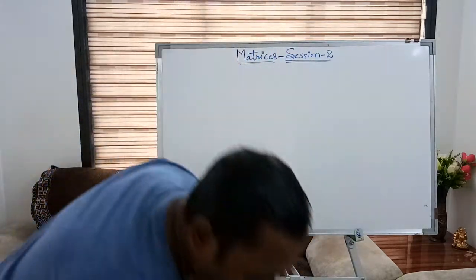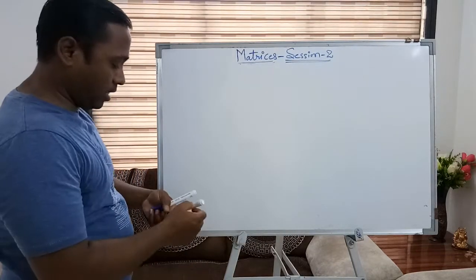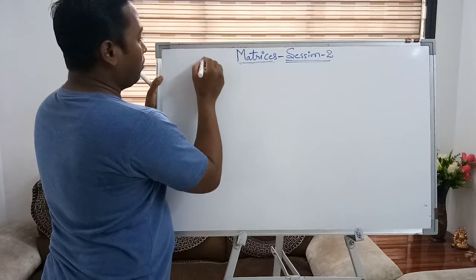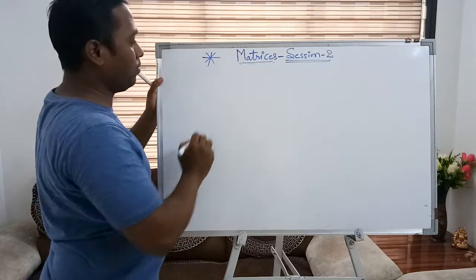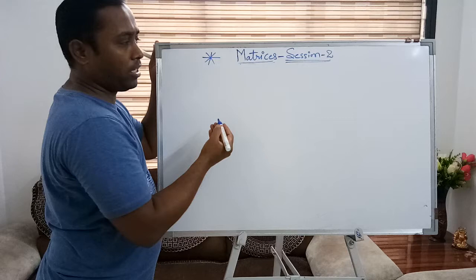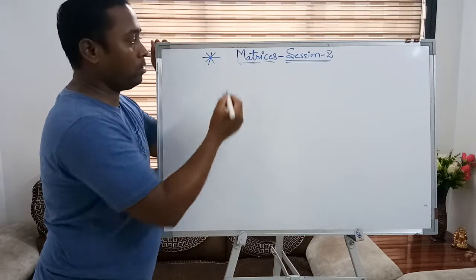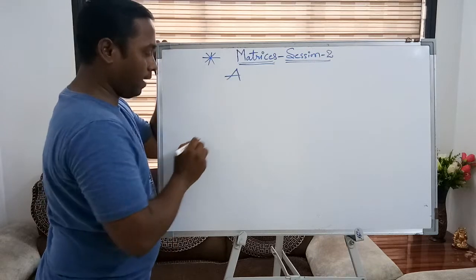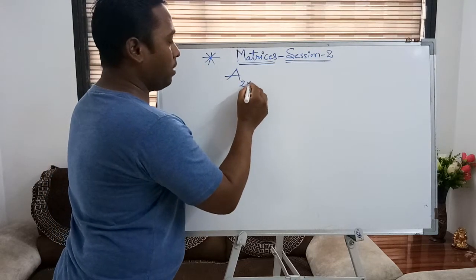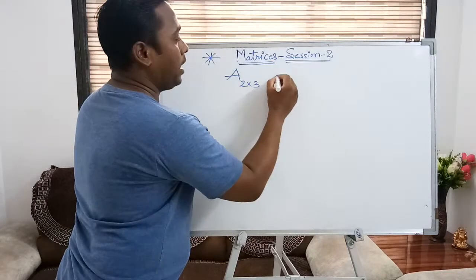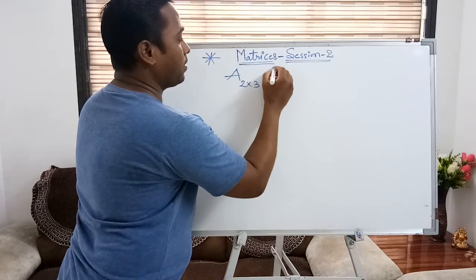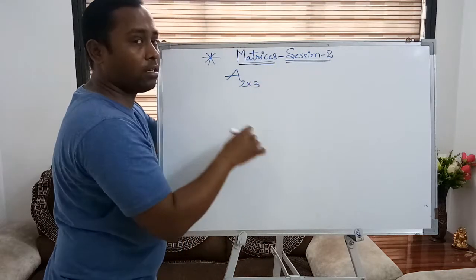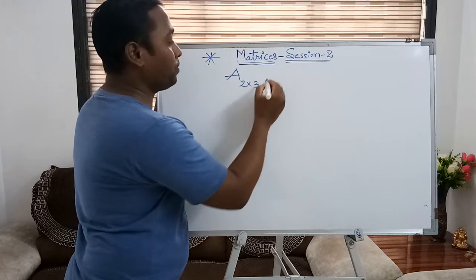Right. So coming to the point, matrix multiplication. When I say multiplication of matrix, what needs to be understood here? If a matrix A's order is 2 by 3, and I am taking the elements, it's okay. Without elements, first we'll see the condition, then we'll take the example also.